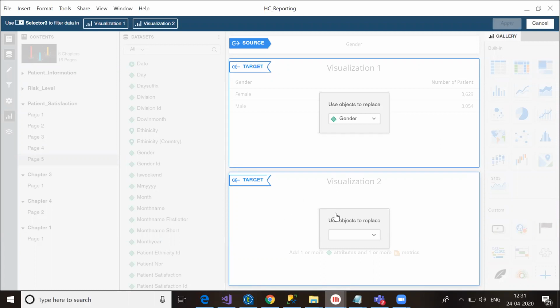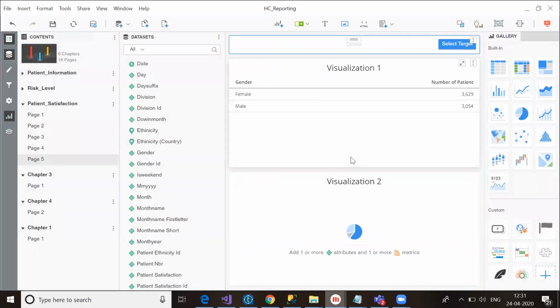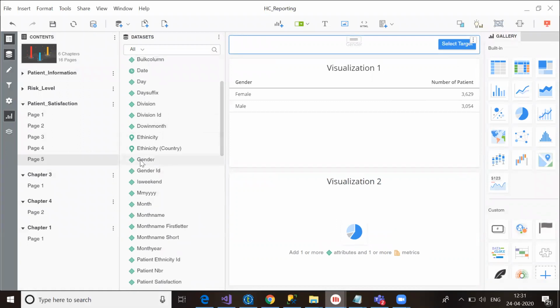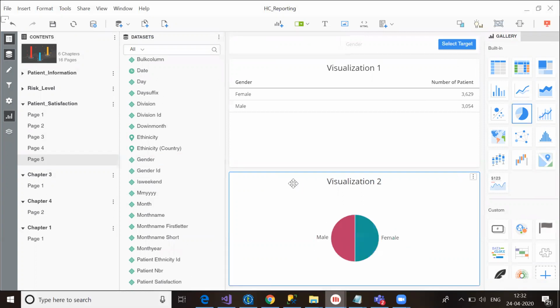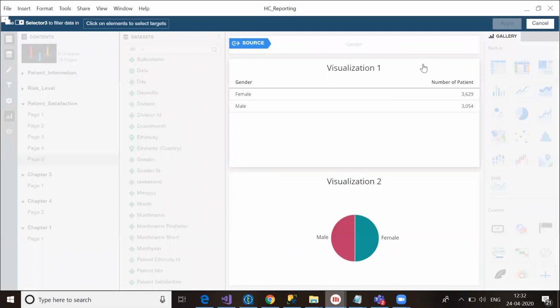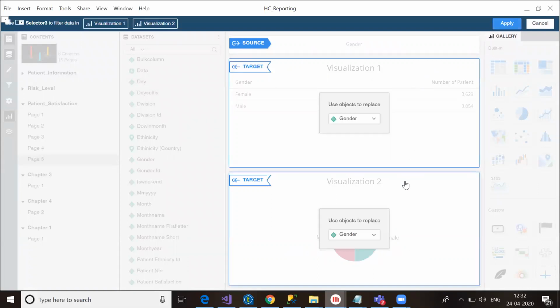I have to select the value here as well in the second graph. So let me go back and select the value here as well. Yes. Now I will choose select target. So we'll select here as well as here.